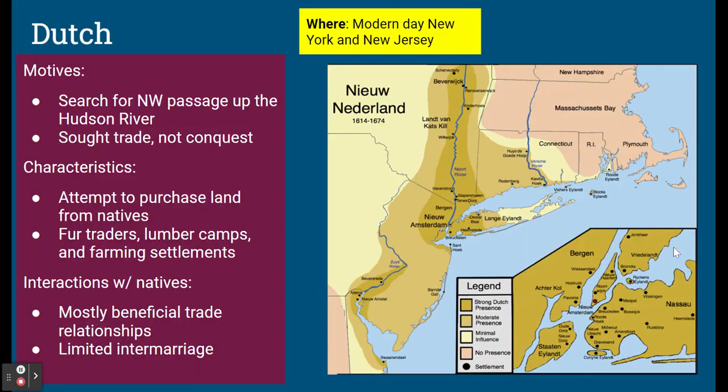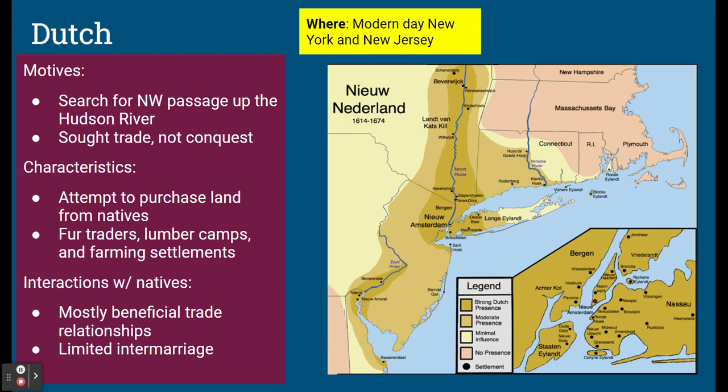Okay, moving on briefly to the Dutch. Let's talk a little bit about the Dutch. We're not going to go too far into the Dutch because most of their actual empire was in the Indian Ocean. This trading post empire they created really in the 17th and 18th centuries. But we're going to talk a little bit about them. They did have some holdings in North America.